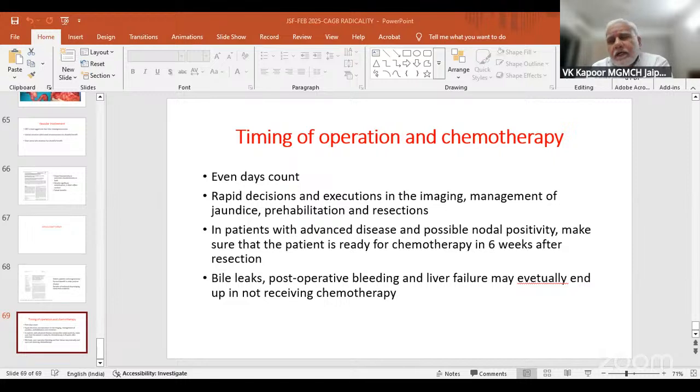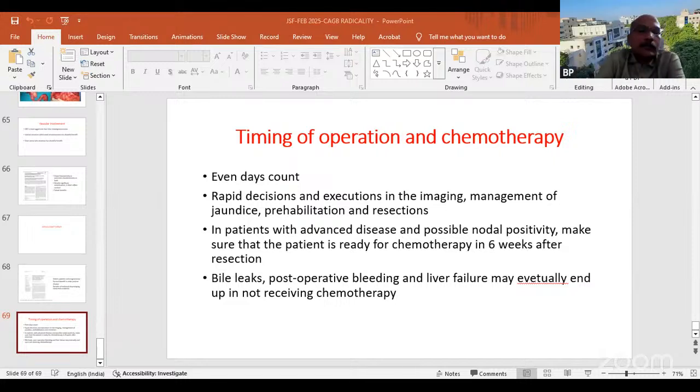Second point, when you said celiac lymph node dissection, conventionally we say, and I have also been teaching students, that you stay to the right of the celiac axis, don't go to the left. So when you said celiac, did you mean a complete celiac node dissection like you would do, say, in a carcinoma stomach? Actually, what we do is a complete celiac resection.